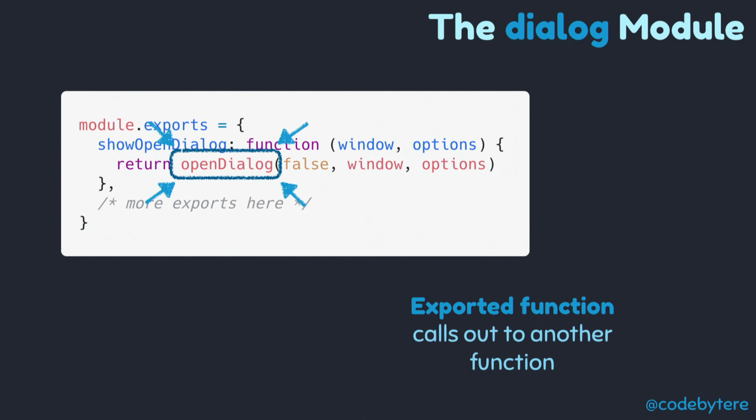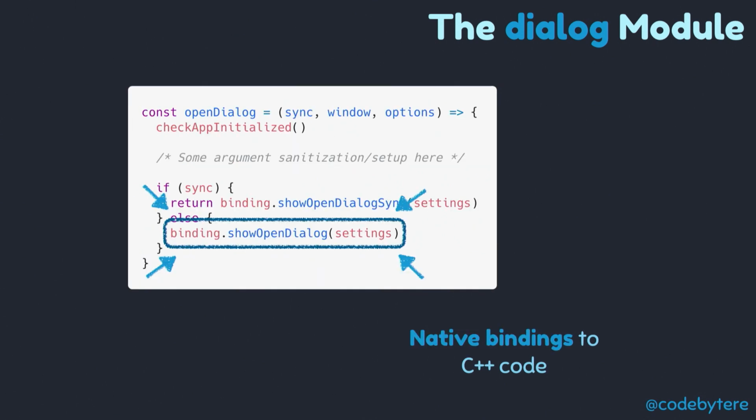ShowOpenDialog is an asynchronous method, so we're going to pass false here to represent that. Inside openDialog, we do some parsing of arguments, like the openFile argument you saw in the original snippet. This might include whether or not we want to allow users to open files or directories, to show hidden files, or what to set as labels on different components of the dialog. After this parsing is complete, we come to this next most curious call,